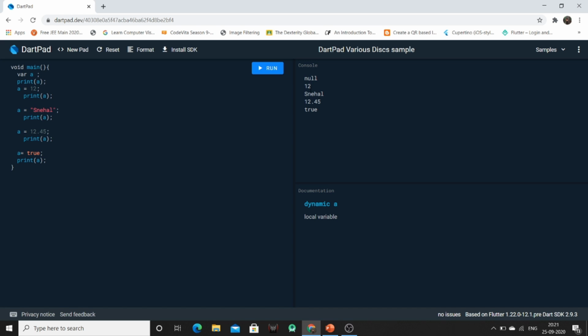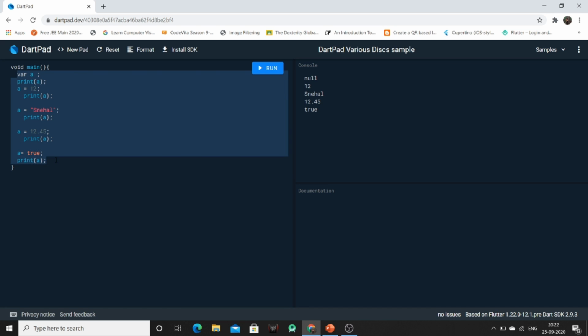After that we have initialized it with the type integer. After that we have initialized it with type string. After that double, and at last we have declared it as boolean. So this is the benefit of using the var keyword, that it makes our variable a dynamic type. Now let's jump to the function part.